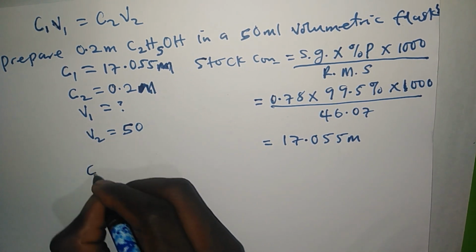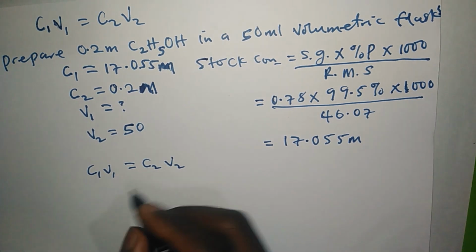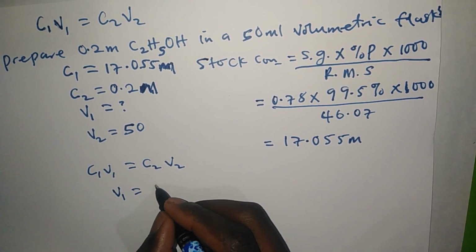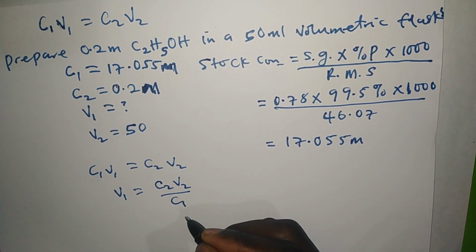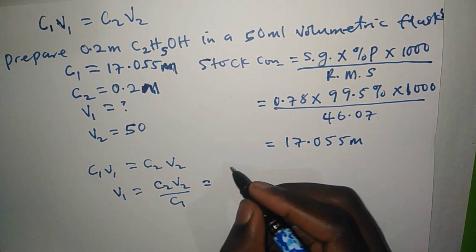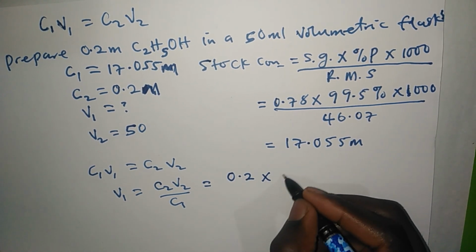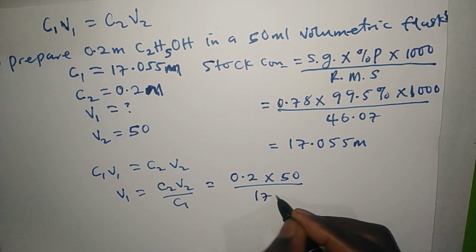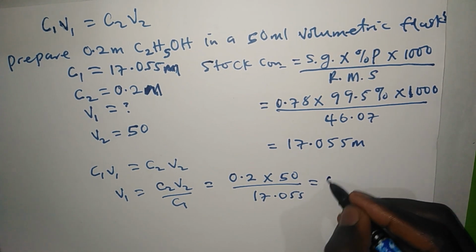So now, since C1V1 equals C2V2, we say V1 equals C2V2 all over C1. Therefore, C2 equals 0.2, multiplied by V2, which is 50, all over C1, which is 17.055. When you do the arithmetic, what you get will be